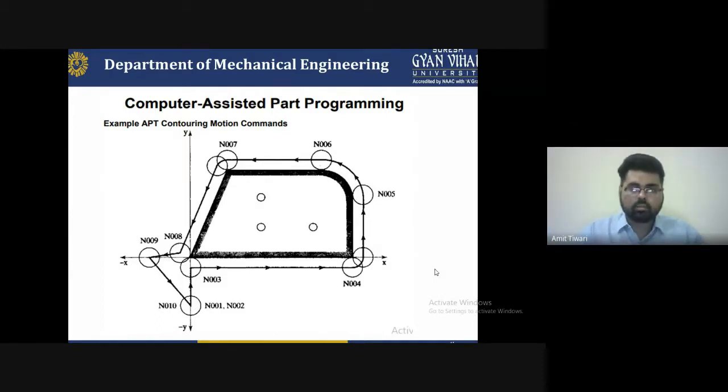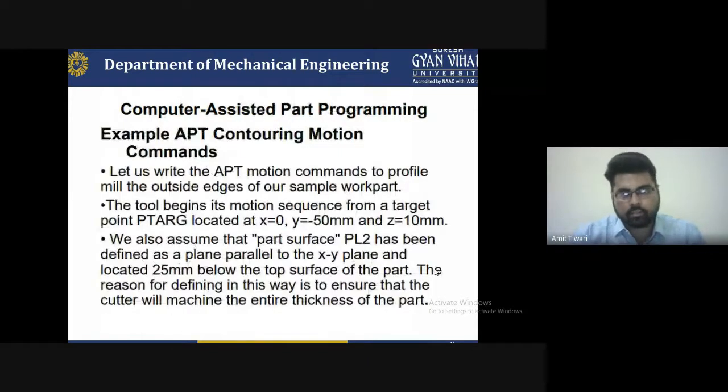So what we do is understand that the assisted part programmer is operated, and a different number of zones are to be used for that. Next one is the computer assisted part programming sample. That is the example, we can say, of the automatic part programming tool contouring motion command. It is normally known as the contouring motion commands.